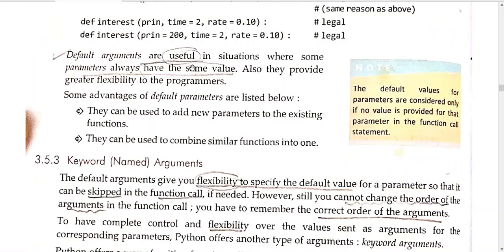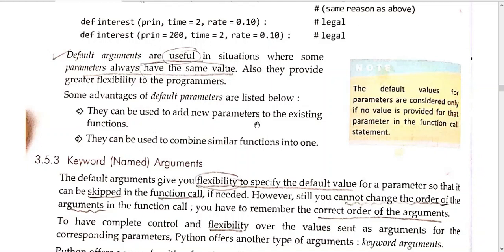So what is the utility of default arguments? It is useful in situations where some parameter always has the same value. Means if every time the rate of interest remains the same, then there is no need to pass it again and again. In that case, we can take help of default arguments. Some advantages of default parameters are that they can be used to add a new parameter.